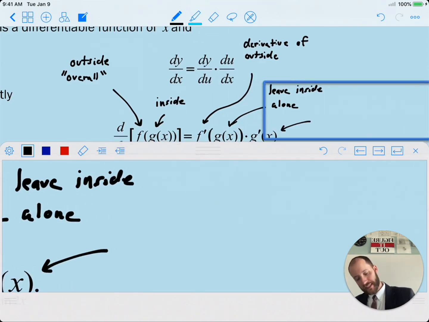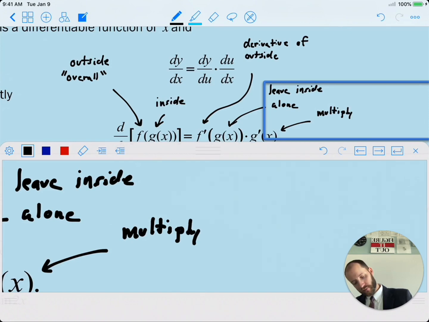And then lastly, you then take what you have, f prime of g, and now of that, you multiply that by the derivative